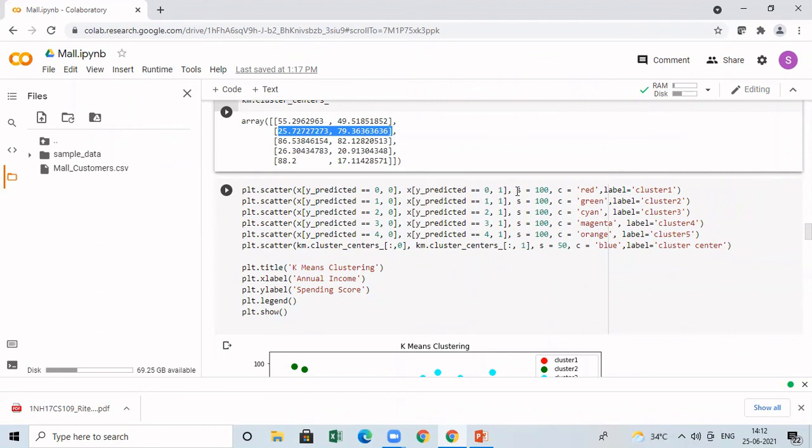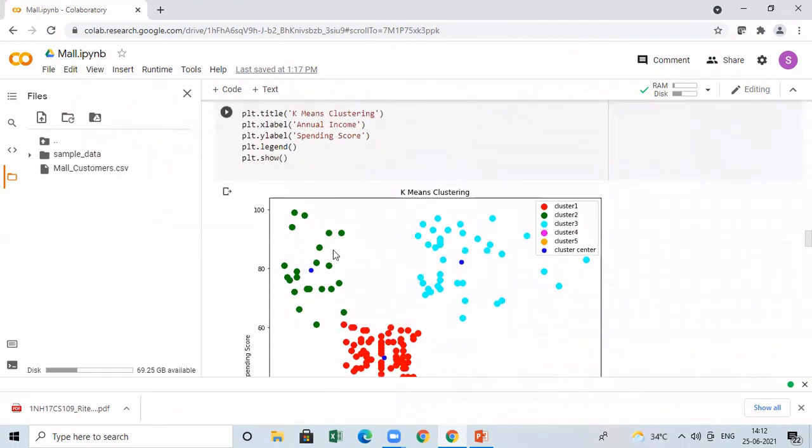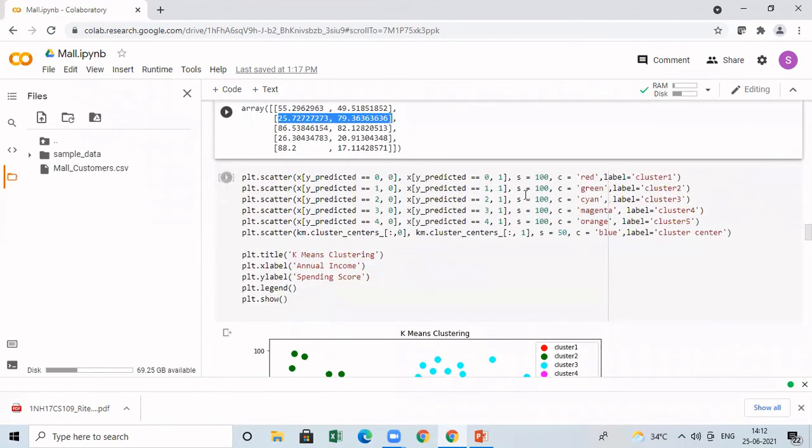And this one I'm setting a different size. Now size is set as 100. It's nothing but the size for printing your circles. So I'm printing circles. The size for the circle is set as 100. And I'm setting different colors here. And after that, I'm giving different labels so that you will see which label belongs to which particular cluster. So I'm giving different labels. Finally, I want to print the centroid also. For that, I'm giving km.cluster_centers_. In that, I have 2 variables, X and Y. So I am printing 0 and then 1. And this one is printed with a small size. So I am giving size is equal to 50.